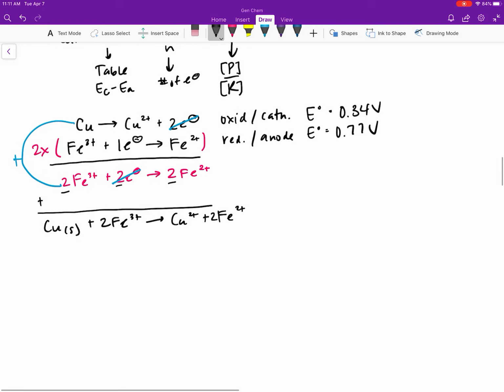So we're not going to do anything to change that. So my E cell naught value is going to be 0.34 volts minus